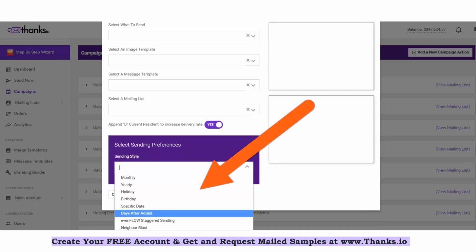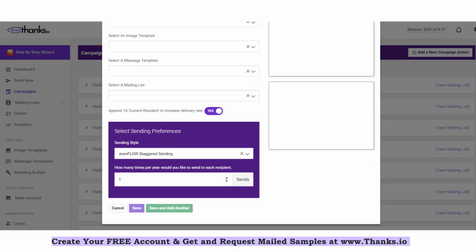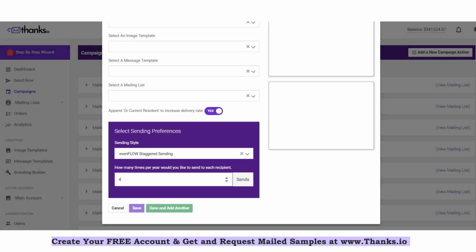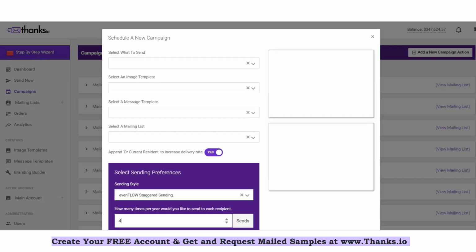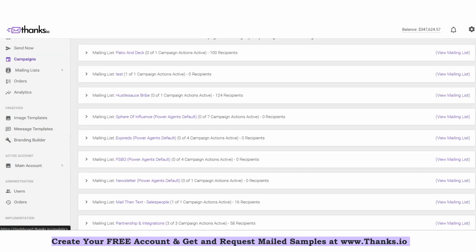You can see here you can send mail days after, like drip email. You can send every year on somebody's birthday or on a specific holiday. We even have this feature called staggered sending. We call it even flow, where you can upload a list of people, say a 1,000 person database or 10,000 people, and say, hey, I want everybody on this list to receive 4 pieces of this mail every year. Just send them the same thing, but make sure they get it 4 times a year. This is a very easy set it and forget it way to make sure that your leads, customers, and clients know you exist throughout the year, and you can set up campaigns like this, something like that newsletter I showed you at the top of the video, in just minutes,